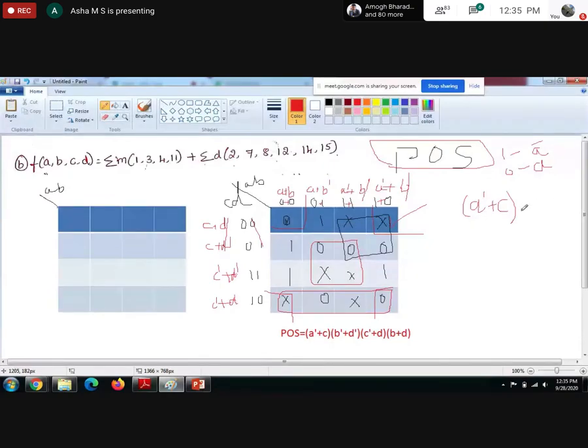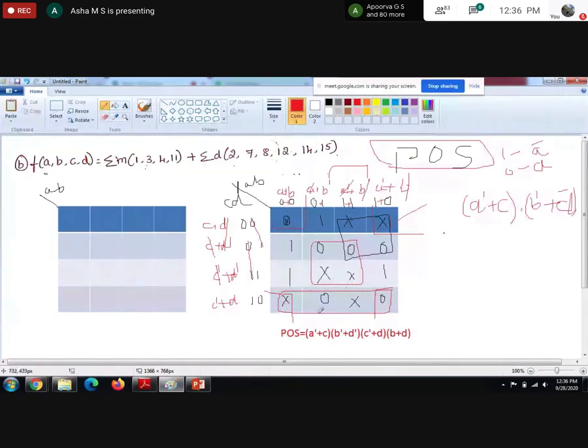Into. Take this square. So you will be looking at these two terms. A and A bar will get cancelled. You are left with B bar. So write B bar plus. So see this, 0, 1 will get cancelled, means C and C bar will get cancelled. You are left with D equal to 1. D equal to 1 means when you are writing POS, it is complement, because 1 we are going to represent in terms of complement. So that is D bar.